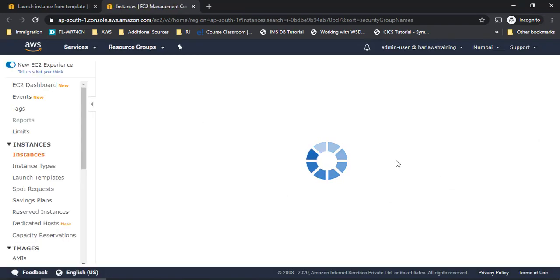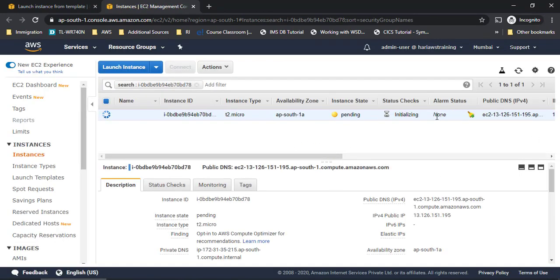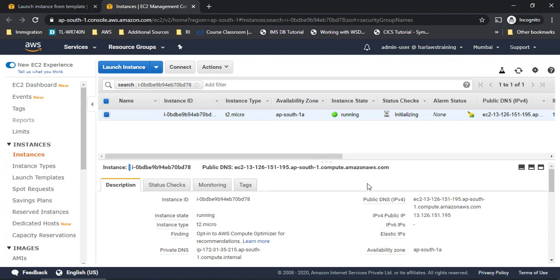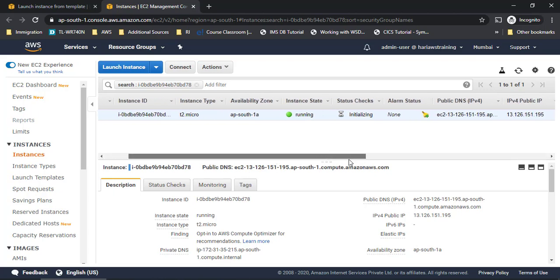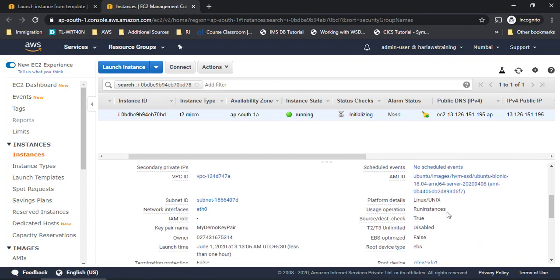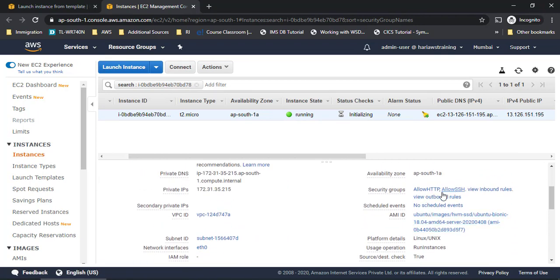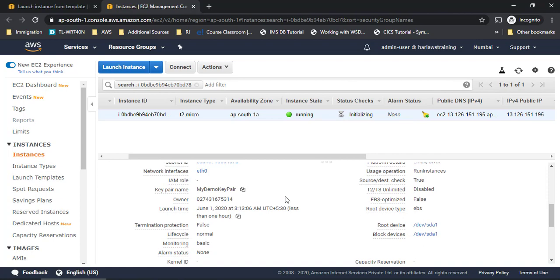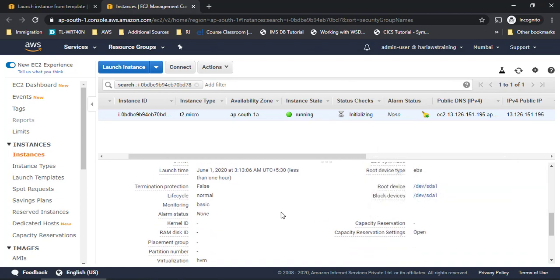I'll just go to the instance and see how it looks like. Okay, and I'll verify whether all the details are right or not. Now it is running. Okay, so if I see this, I have a T2 micro instance type, and it is an Ubuntu machine, right? It has all those details. It has the security groups allow HTTP, allow SSH, right? These two are added. The AMI ID is Ubuntu, right? All the details which you have given, the key pair, the security groups, everything is now matching.